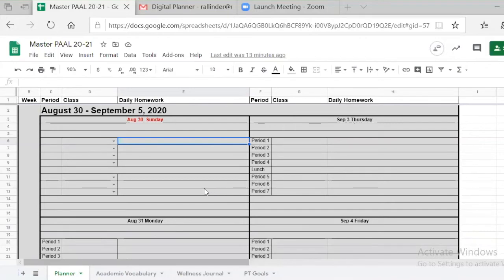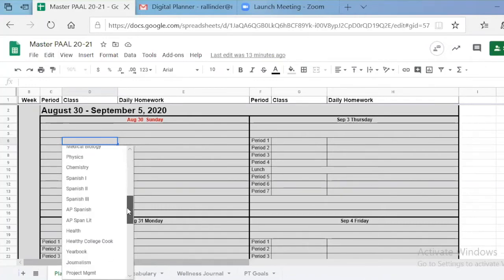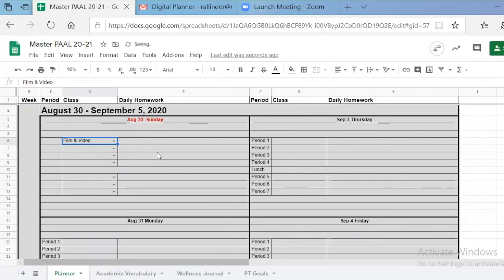This is very similar to the printed planner that each student had in the past, with a few differences. When the student receives this from their primary LOC teacher, they will need to populate their class schedule. In order to do that, you're going to go to this box here with the drop-down. When you click the drop-down, it gives you a selection of every class in the NVMI catalog. Scroll down to find your class, and for this sake, we're going to say film and video is the first class of the day. What you'll notice is that film and video will auto-populate for all the rest of your